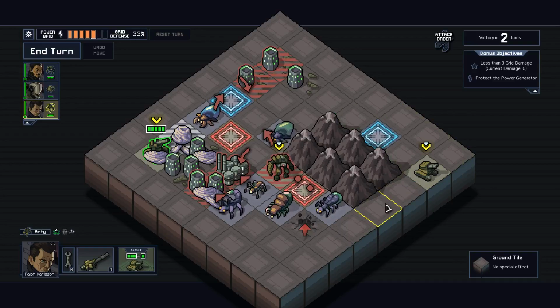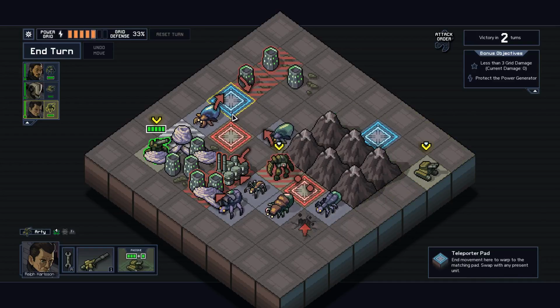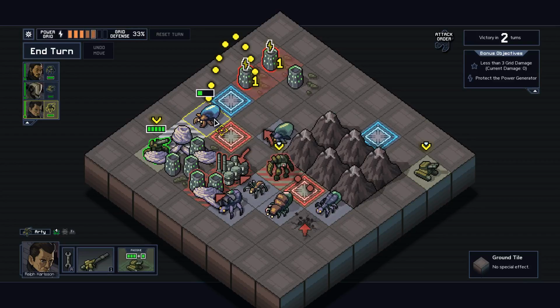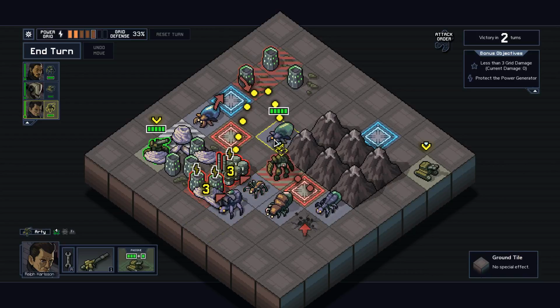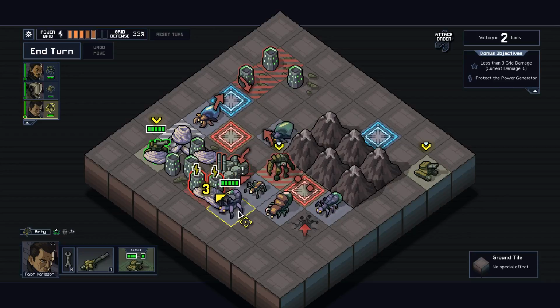Gunner could move here, hop on the teleporter, push this guy into the egg, free up artillery. That's a start. That's starting to sound like a move. Because freeing up artillery allows me to make either this guy not target the building, or hit this guy for 3. And make him not target the building as well. But if I do that, I'm left with...